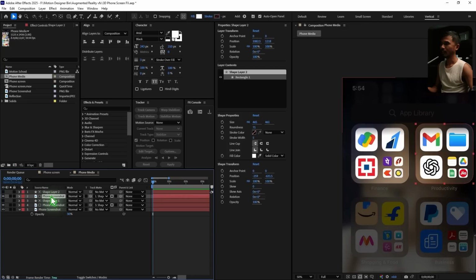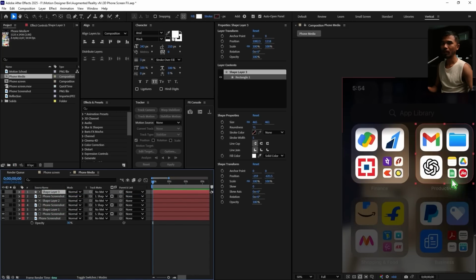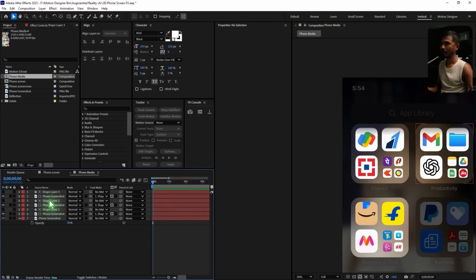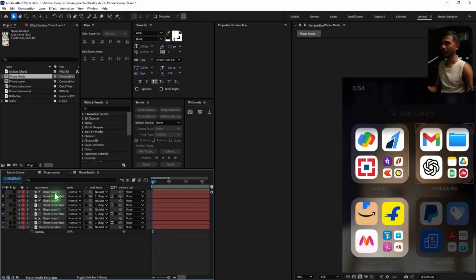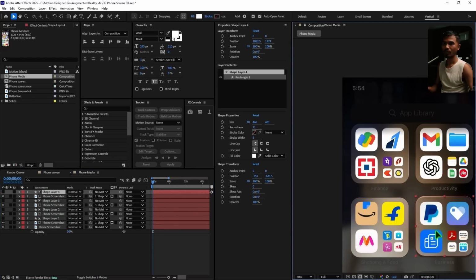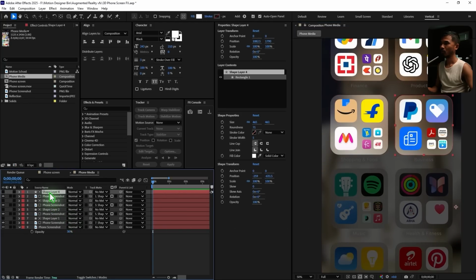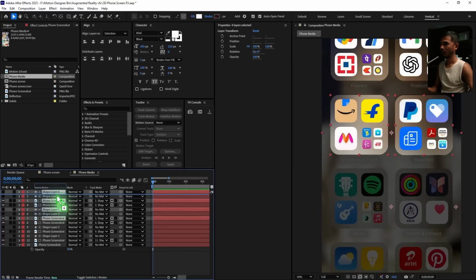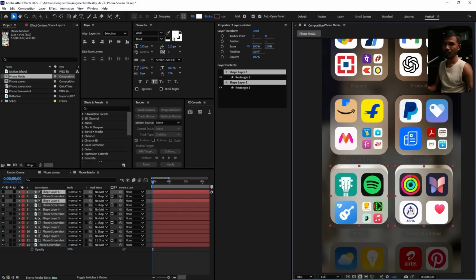And I'm going to duplicate this again, Control D to duplicate, move it up, and make sure you select only the shapes, move it down here, right? I'm going to duplicate this, Control D, move it up, select the shape, and move it down here. And I think I have 2 more, which is these 2, Control D to duplicate, I'm gonna move it up, and I'm gonna select the shapes and move it down here,